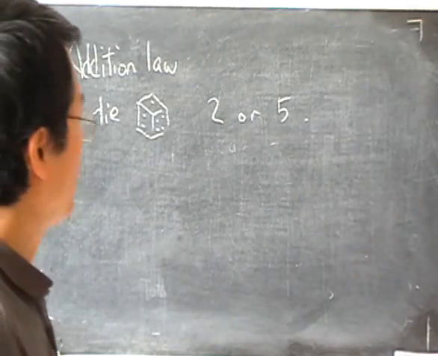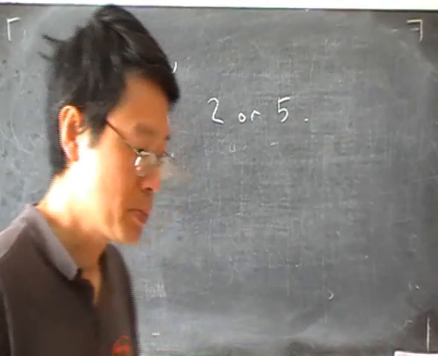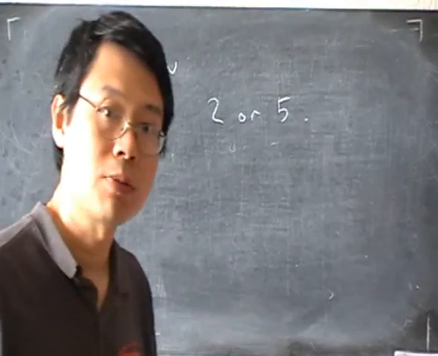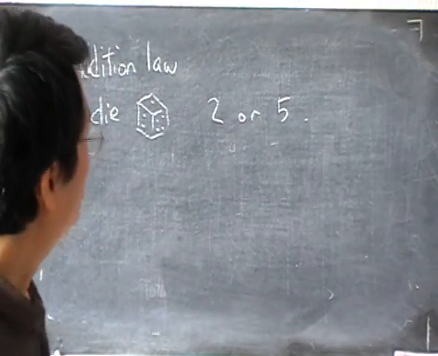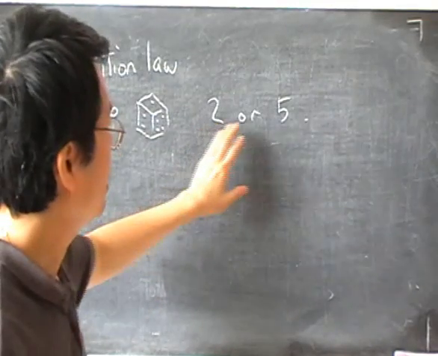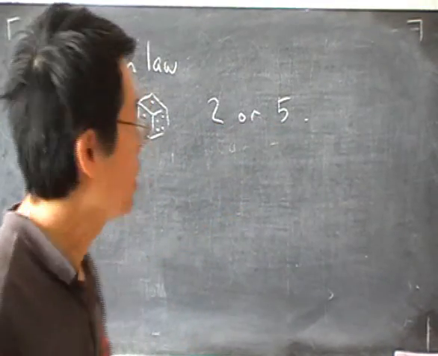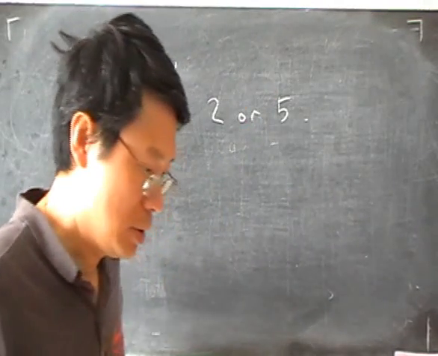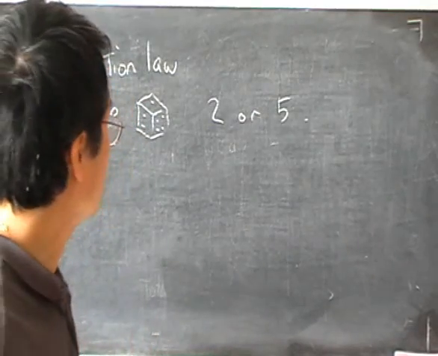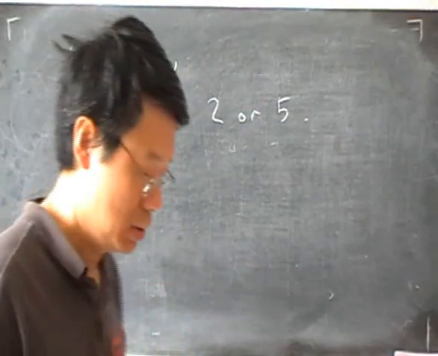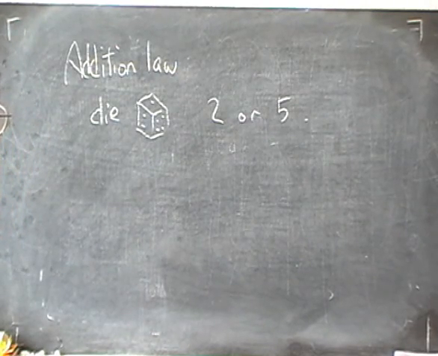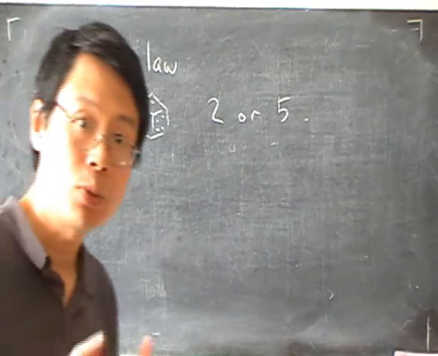Now we can do it directly using the formula, number of interested events over total number of possible events, and in this case the number of interested events is 2. So just 2 and 5. And that's very easy. The answer is just 2 over 6. 2 events divided by all 6 possible ones. Right, but there is another way to do it.